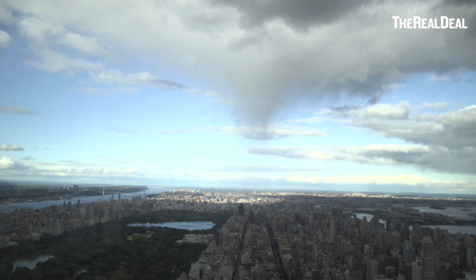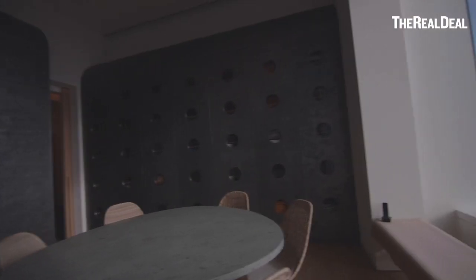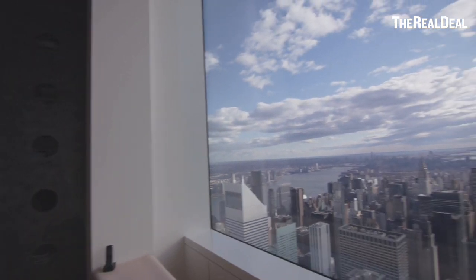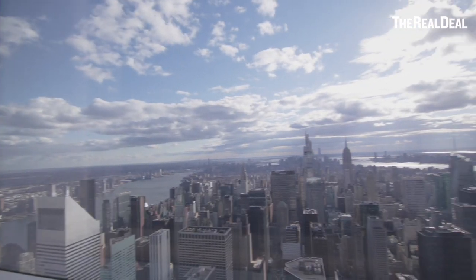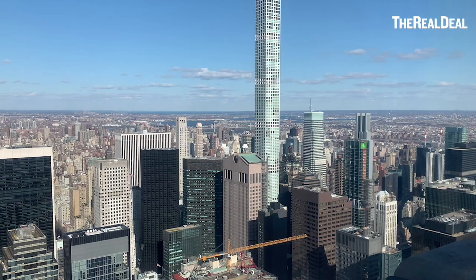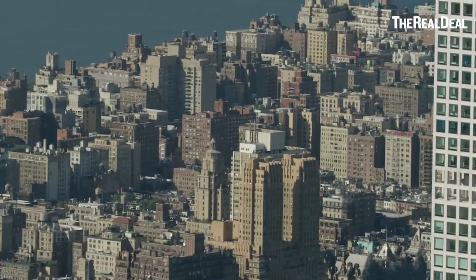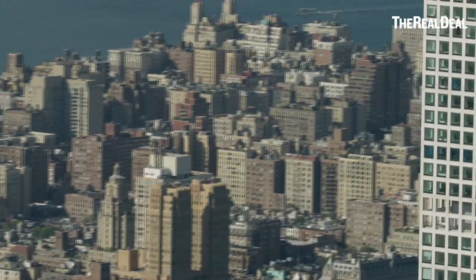This unit is currently listed at $135 million. In this market, for this apartment, in this location, at this moment, we feel that is the value of the apartment. 432 Park Avenue, a high-rise on Billionaires Row, has faced backlash from residents for some less-than-luxury experiences they've had